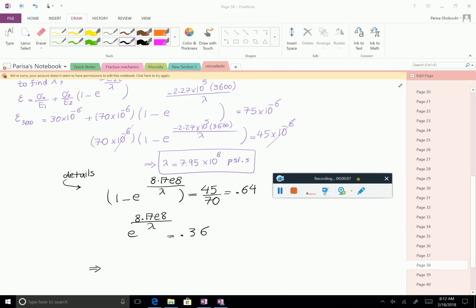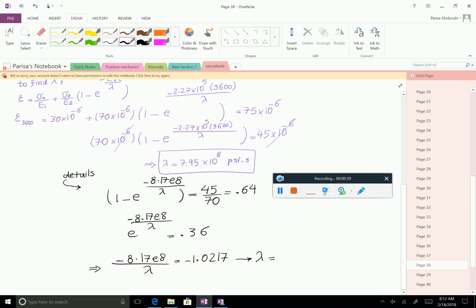So here actually I forgot a negative number. So if you want to solve it, we have to take natural logarithm from both sides. So then this would be equal to negative 1.0217, and then